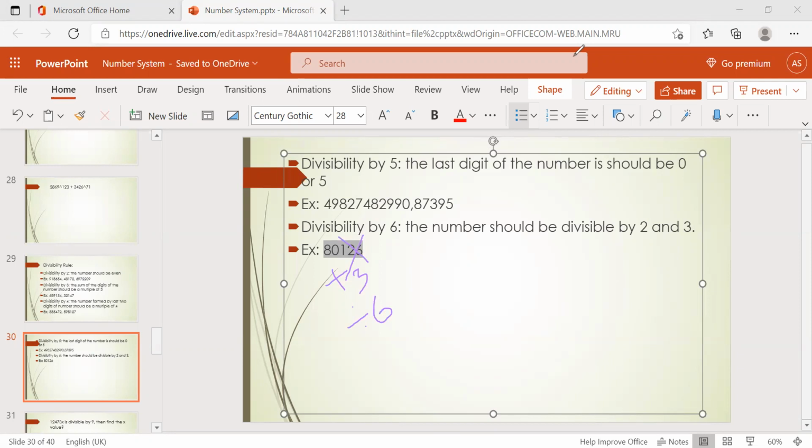If the number cannot be divisible by 2, but is divisible by 3, then also it is not going to be divisible by 6. So we should check both conditions: it is divisible by 2 and divisible by 3. Okay. Now check any other number.